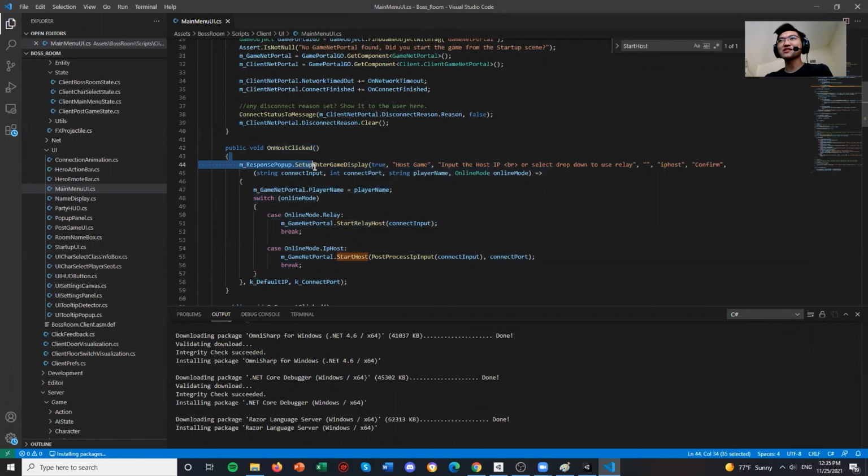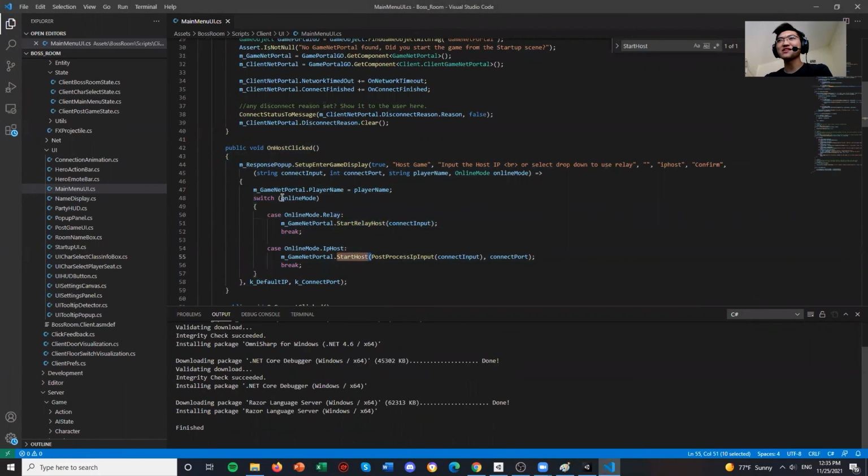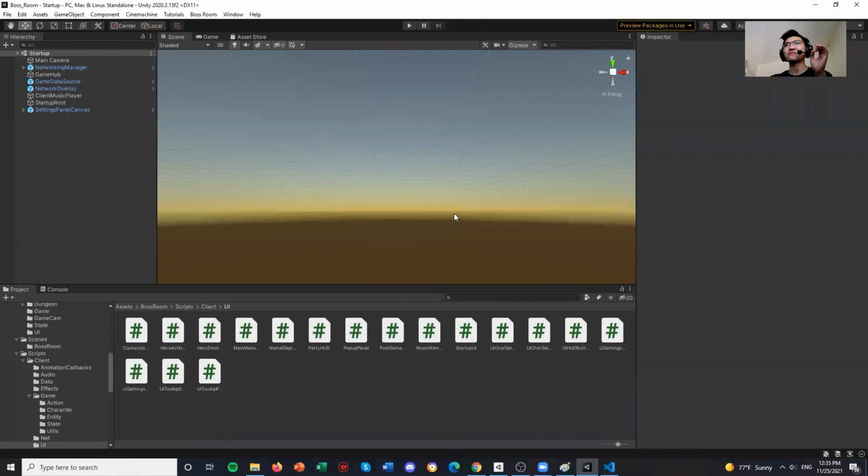Okay, what happens when I click the host button? Oh, it calls relay host, or it calls start host, based on what mode I select, and then you can follow this trail all the way through and see what's going on at every point in time. So yeah, that's probably my biggest advice. Go and try to